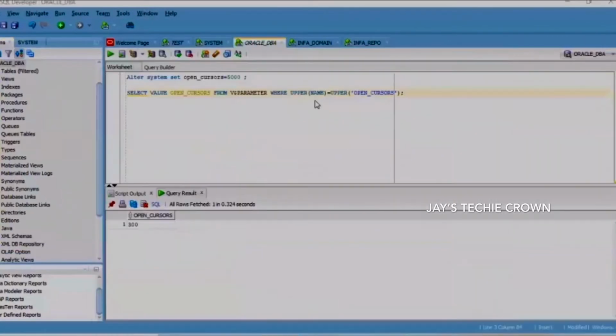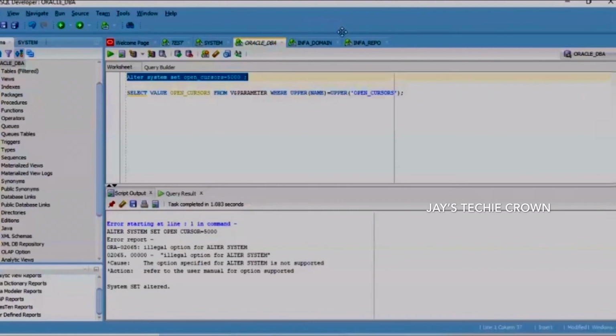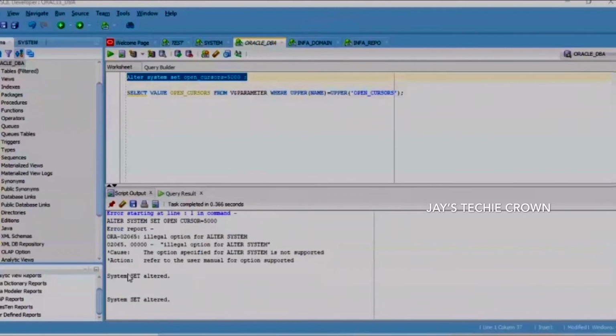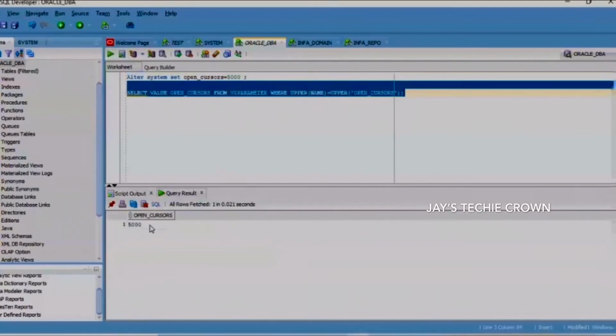Now I am checking the open cursor size. Here you can see that if I run this query, it is giving the cursor size as 300. So I need to go and change the cursor size. I'm just giving the command to change the cursor size now. I think it's a syntax error. Let me change the syntax and rerun it. Yeah, it is now altered. You can see that system altered. I think this is a previous error, a mistake, so I reran it twice. Now let's rerun and see whether it's changed or not. If you look here, now it should be 5000. Yeah, the open cursor has changed. I think now it has satisfied all the prerequisites. Now we are good to proceed with the installation.